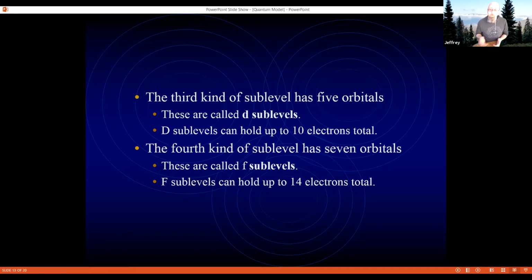It could hold a total of 18 electrons. But there's no atom that we know of that has enough electrons to actually use one of those. So we don't describe those. We only describe 4 types of sublevels because those are the only types of sublevels that are actually used by